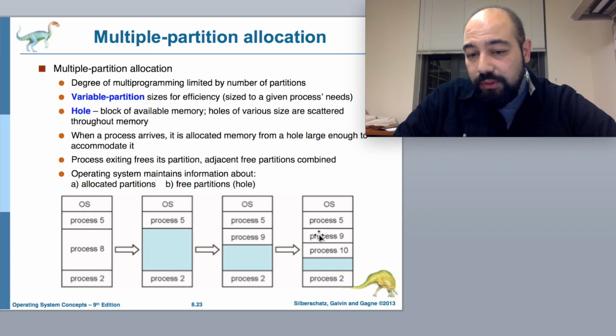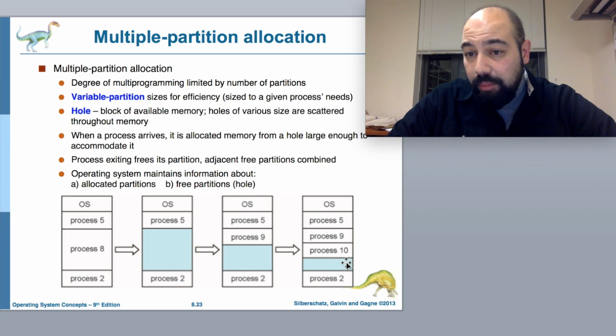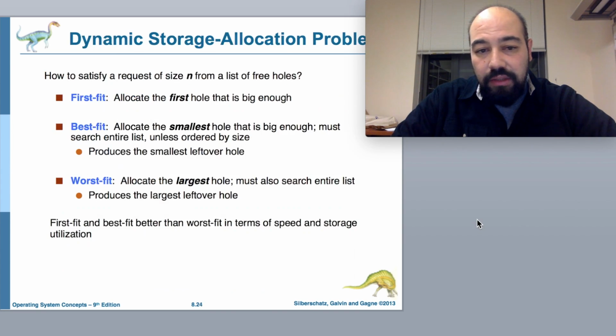So you will search for this one, it is 1 megabyte, and after you place it, half of this hole will be filled by the process, so you will only have 500 kilobytes of empty space in here. And in this case, if you place this hole, you will have 1 megabyte left after you placed. So basically, the hole size being smaller after you place the process will be the selection criteria in this best fit. So you go for the smallest hole after you have placed the